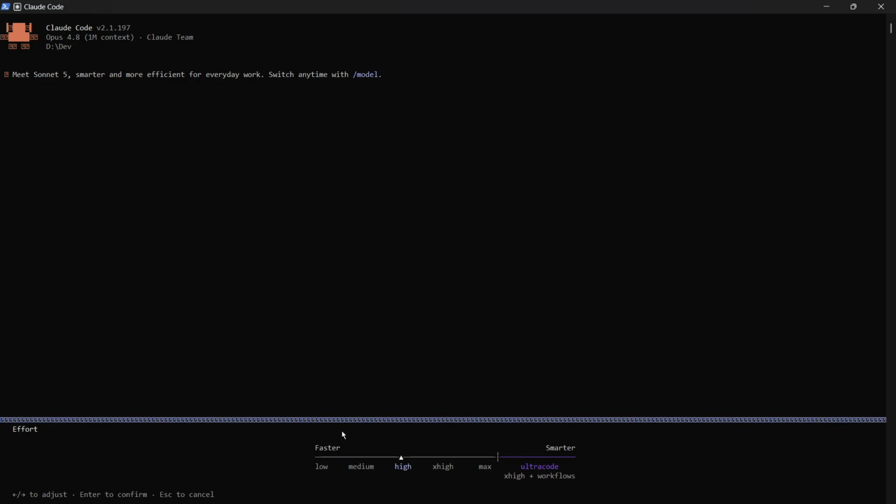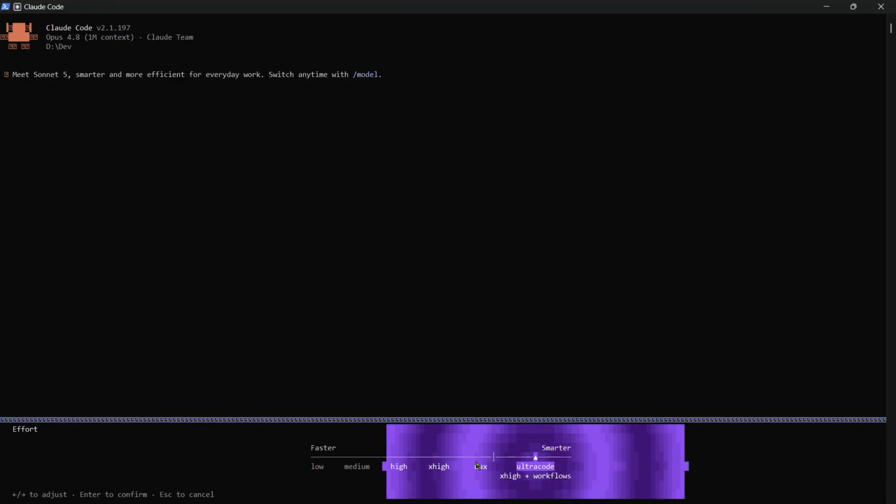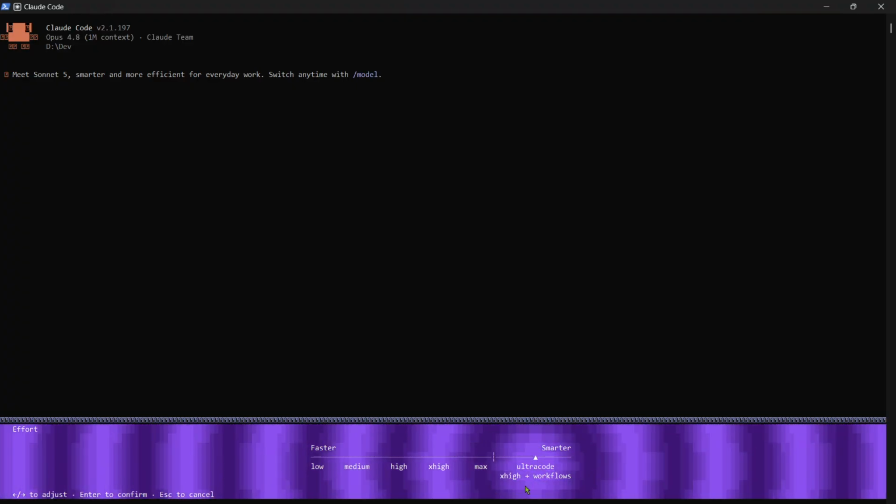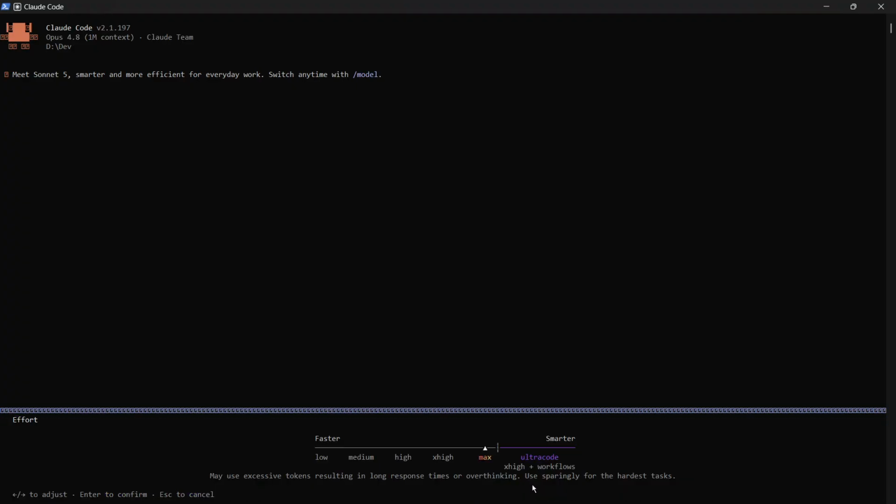As you can see within this particular graph, the faster the model is, the less smart it's going to be, and the smartest is the Ultra Code, which is the combination of xhigh and workflows. You can also set it to max, which uses excessive tokens resulting in long response times or